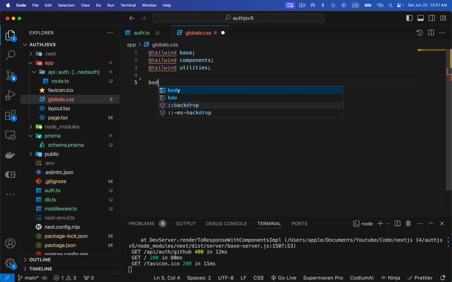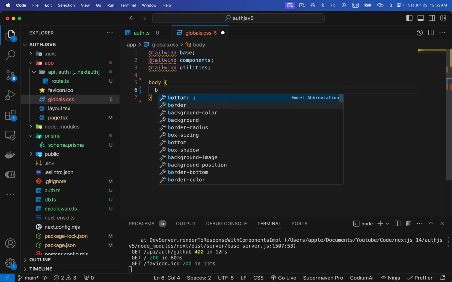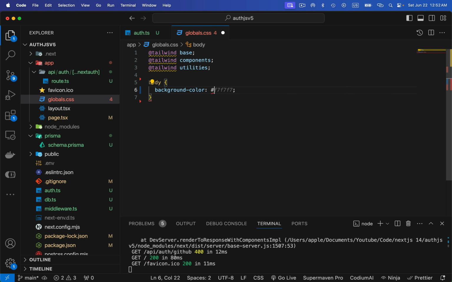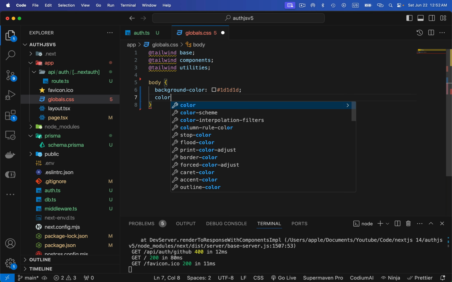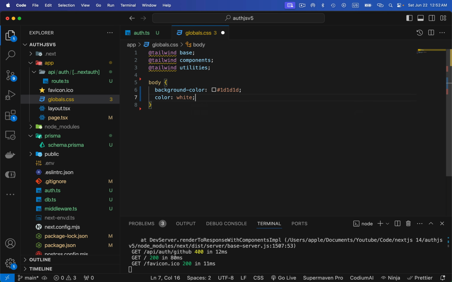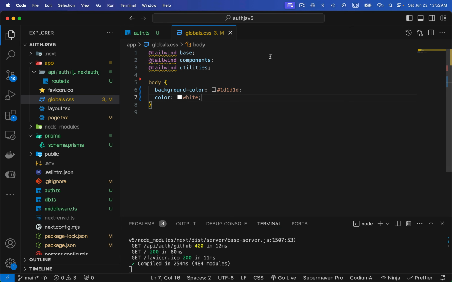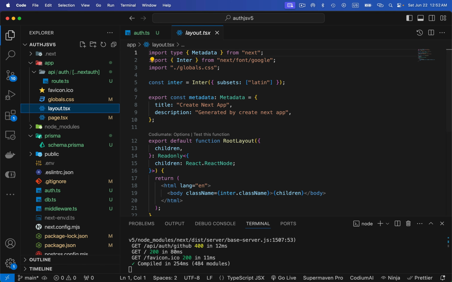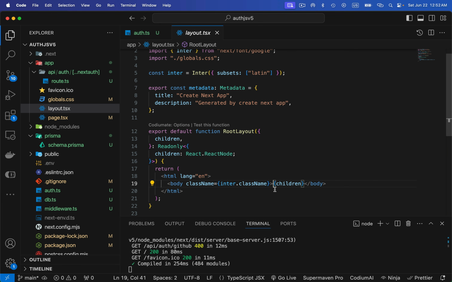And here, I'm simply going to write background color, and this is going to be gray. So I'm going to be adding 1D, and then I'm going to simply change the color of all the texts to white. Okay. So this is how it's looking now, which is gray and the white text. Let's close this global.css, and inside the layout, I'm going to first of all set up the layout for all